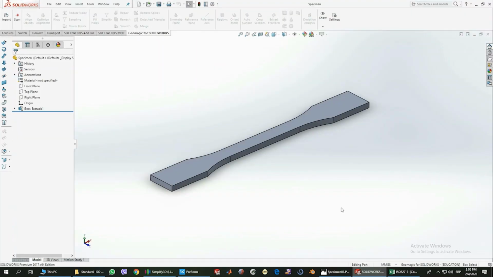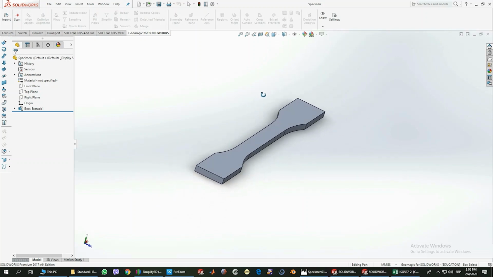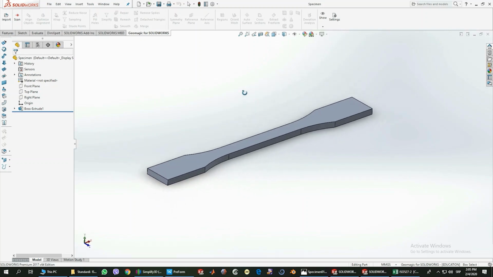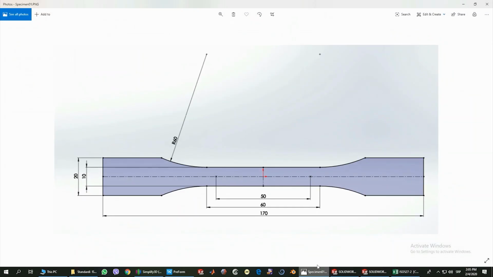This is the software. Here we have a standard specimen for tensile testing according to ISO 527-2 for extrusion plastics. We have this model here, which is in part format, which is used in SolidWorks software. On the following picture, I'm showing you the dimensions of the sample